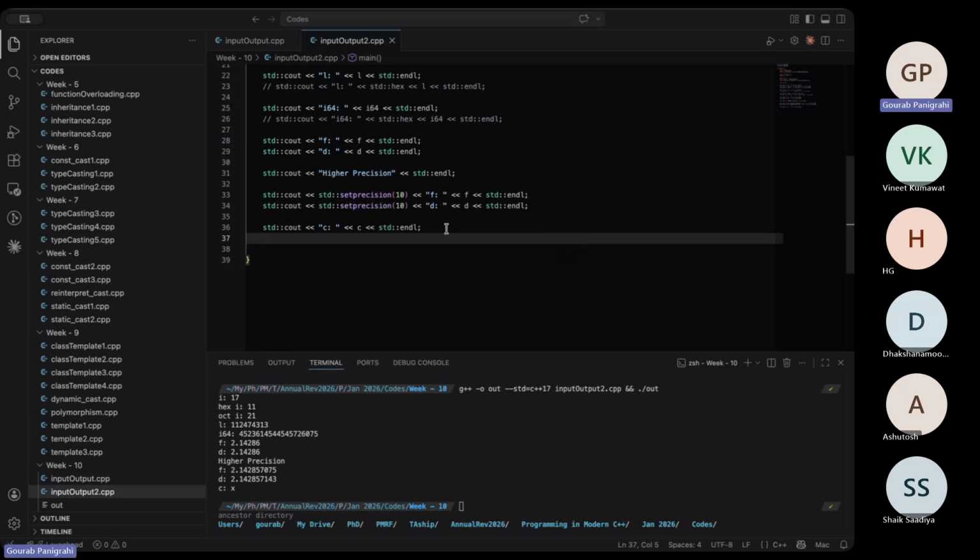What if I want to print the variable S also? So S,